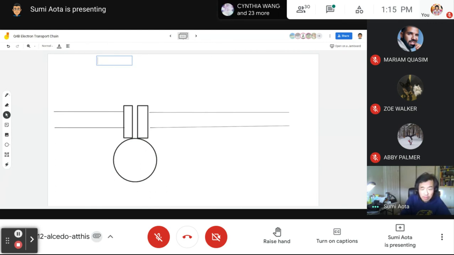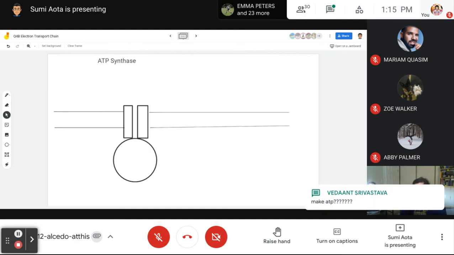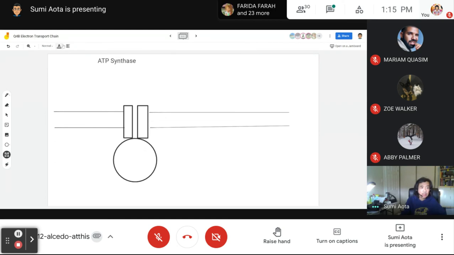Called ATP synthase. What do you think the job of ATP synthase is? It makes ATP. And what it literally does is every pair of hydrogen ions that go through this thing